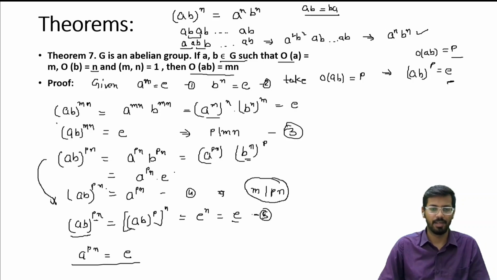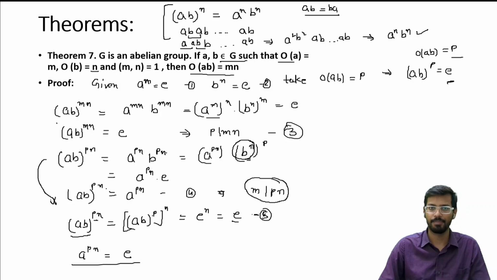मतलब कहने का मतलब ये है कि अगर हम a की पावर pn लेते हैं, ओके, इनको दोनों को इक्वली डिवाइड कर सकते हैं, दोनों के ऊपर पावर दे सकते हैं, क्योंकि ये अबिलियन ग्रुप है जो मैंने ऊपर की तरफ प्रूव किया है। यहाँ से हमने लिया a की पावर pn और b की पावर n रेस्ट पावर p, और ये आइडेंटिटी एलिमेंट के बराबर हो रहा है। उसको a की पावर pn लिख दिया। अब इसको जो (ab) रेस्ट पावर pn था, इसको हम लिख सकते हैं